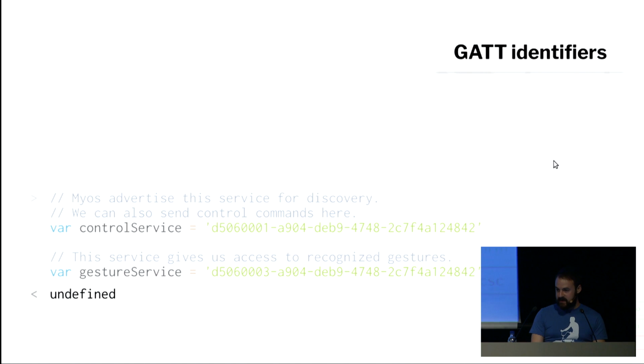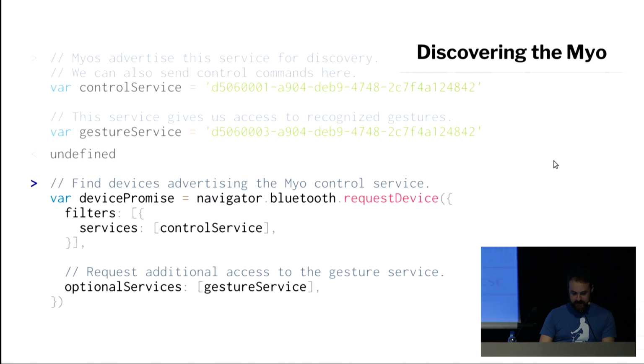And as I advance these slides, these commands are going to be running live in the console, doing it live. So the first thing we need to do is find or discover the Myo device. The Myo device is broadcasting, hey, I've got the Myo control service. So what we're going to do is call